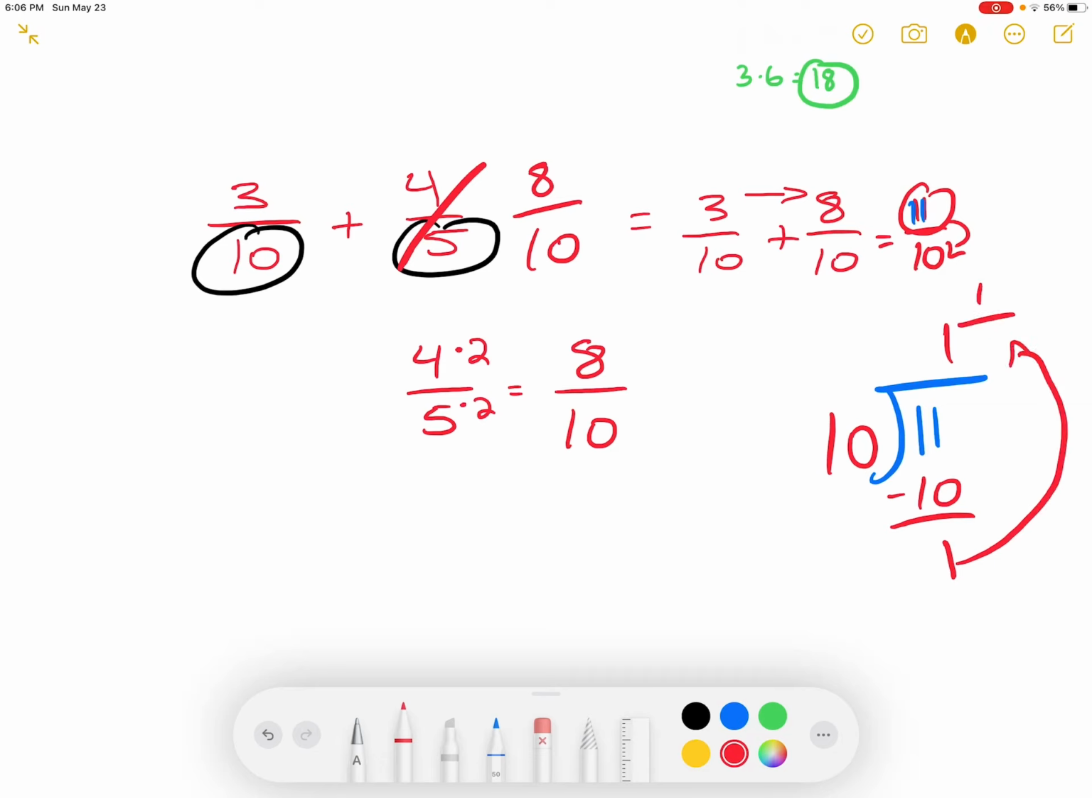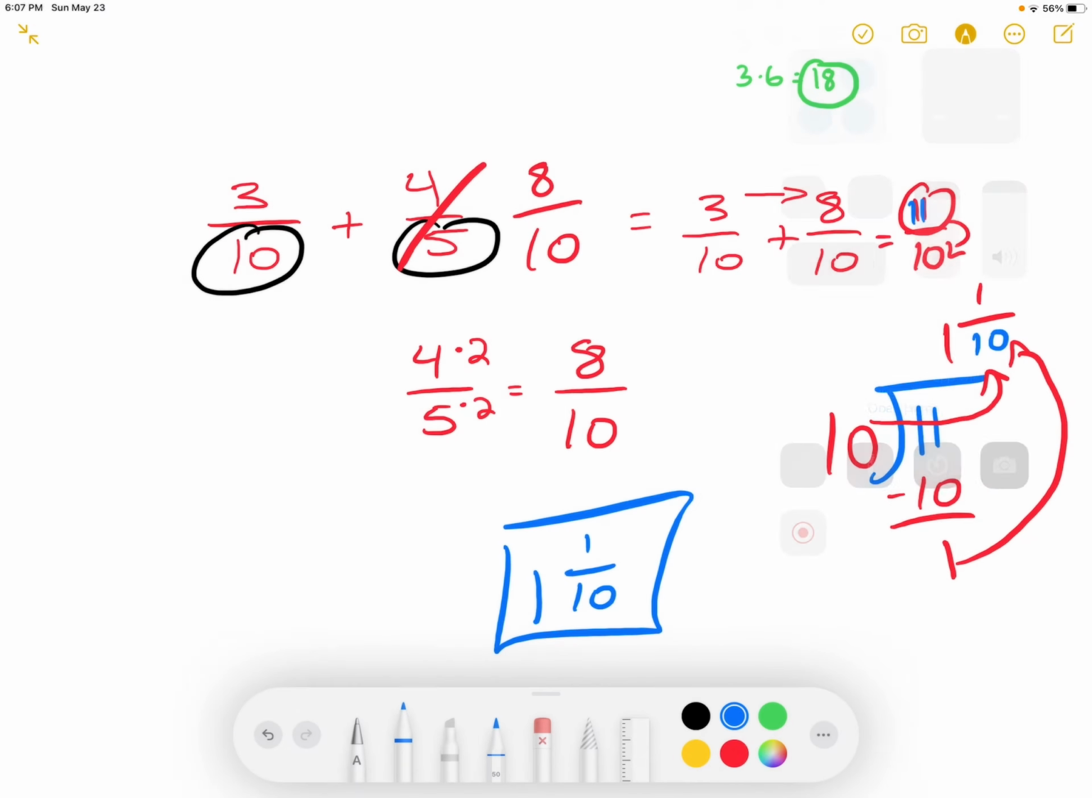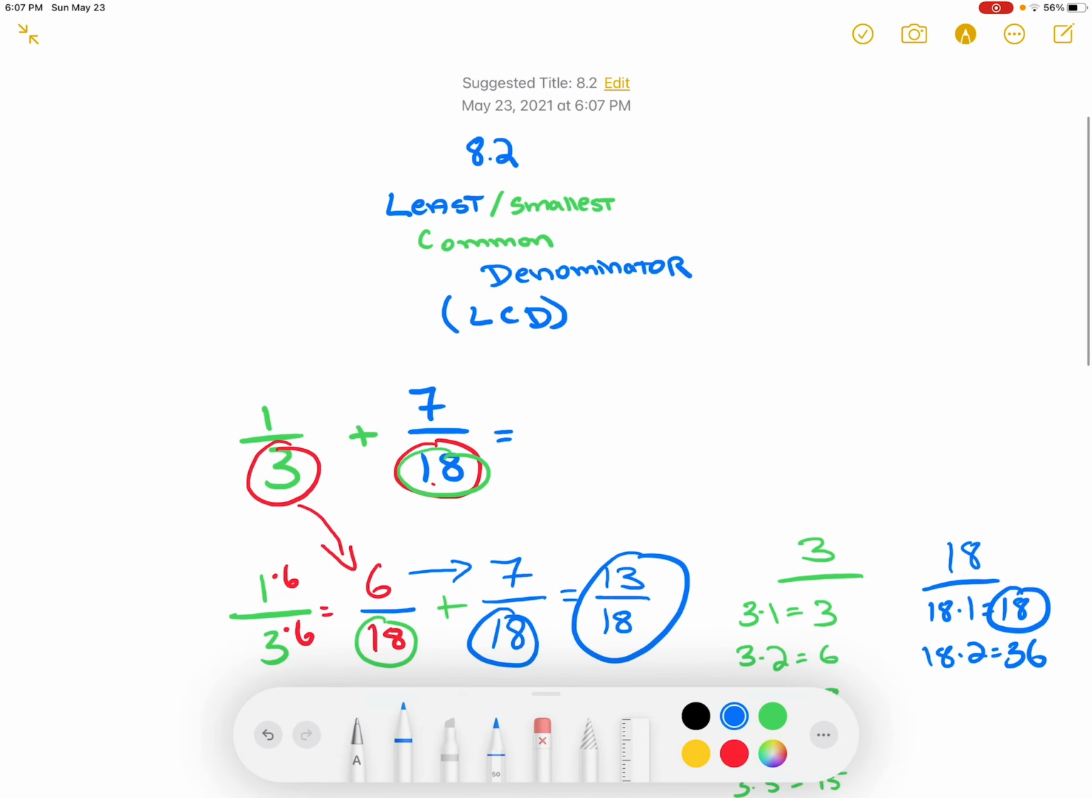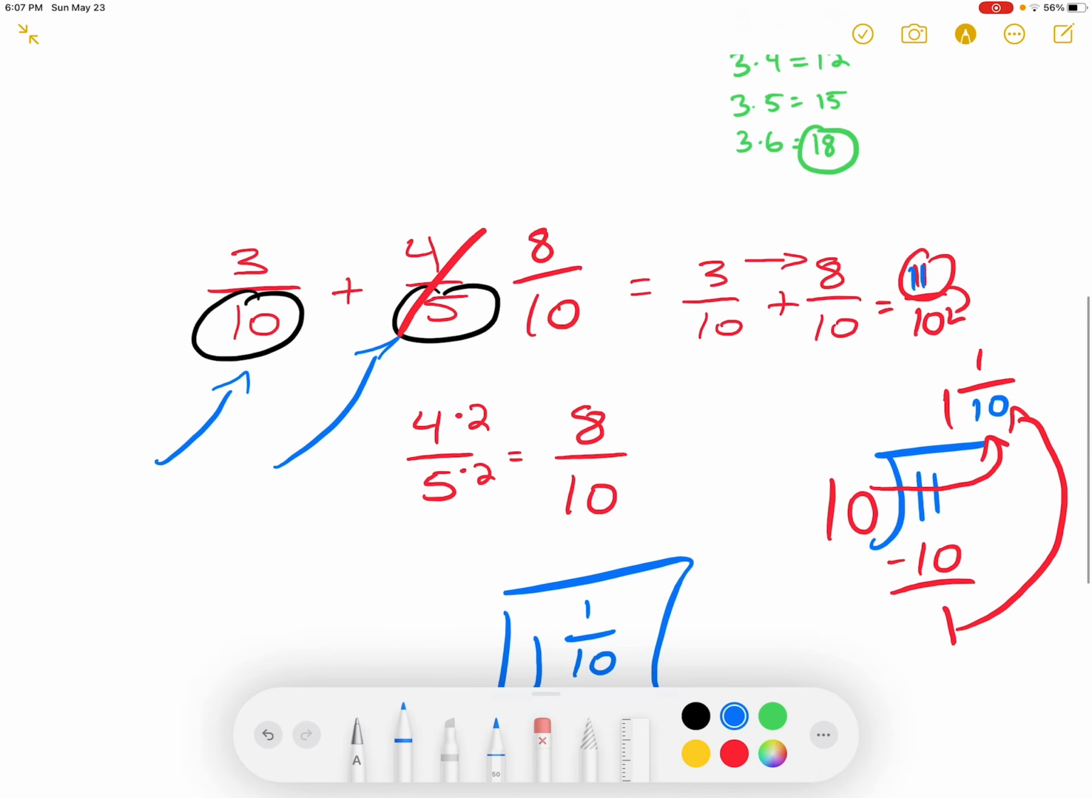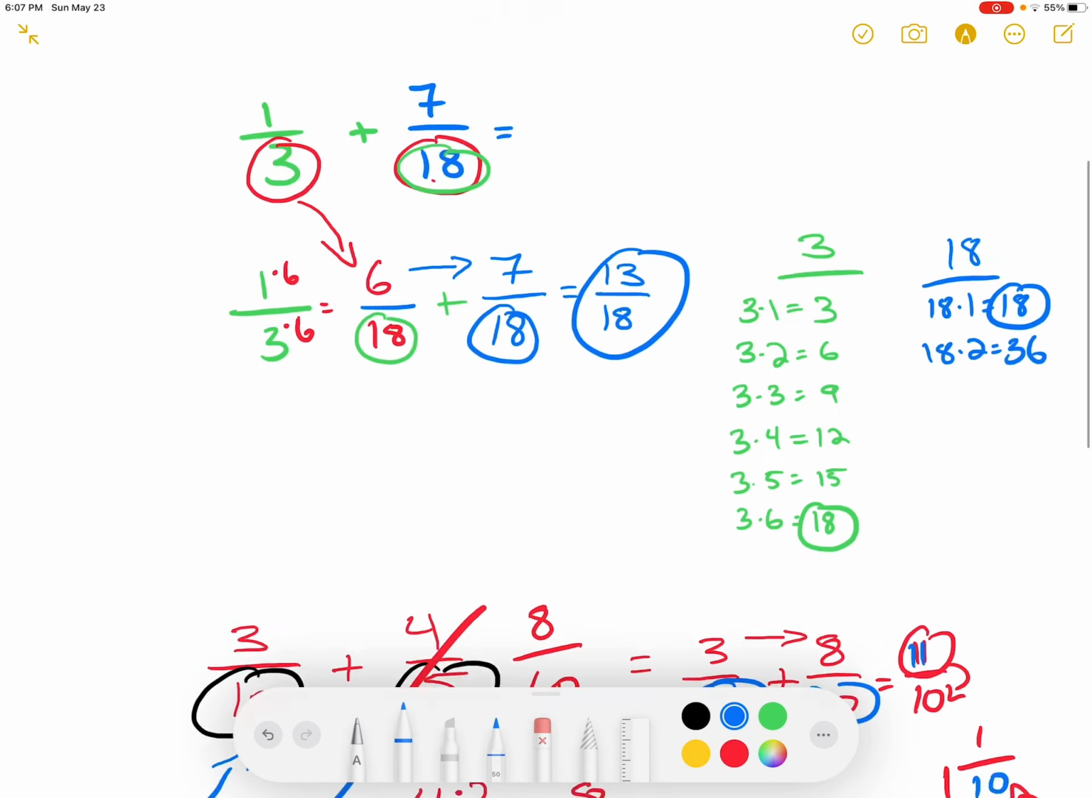This is going to go to the top as the numerator. Then the divisor is going to become the denominator. And it's going to be 1 and 1/10. And that's your final answer. 1 whole and 1/10 of the next whole. And that's it. So make sure you make common denominators first, the smallest you can get it. So that's why we call it the least or the smallest common denominator. Then once you have the same denominator, add the numerators. Then if you have an improper fraction,